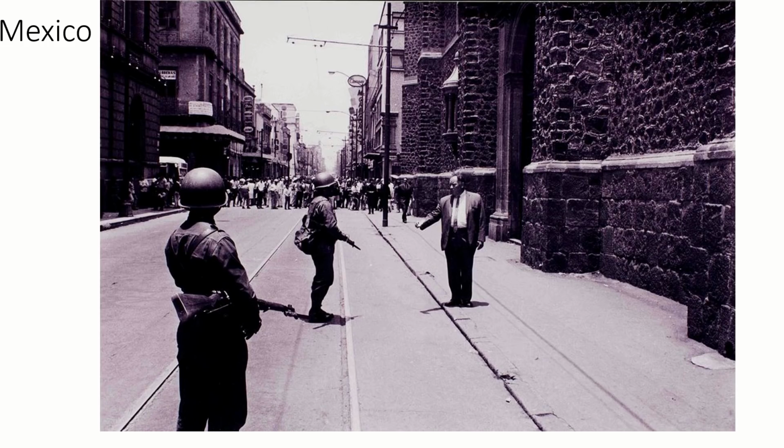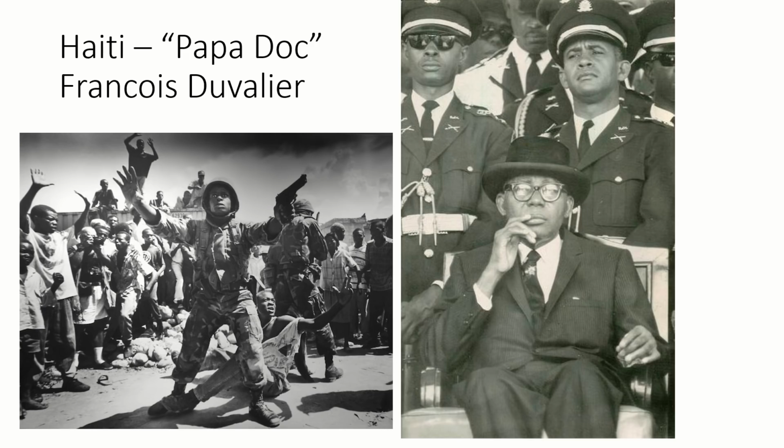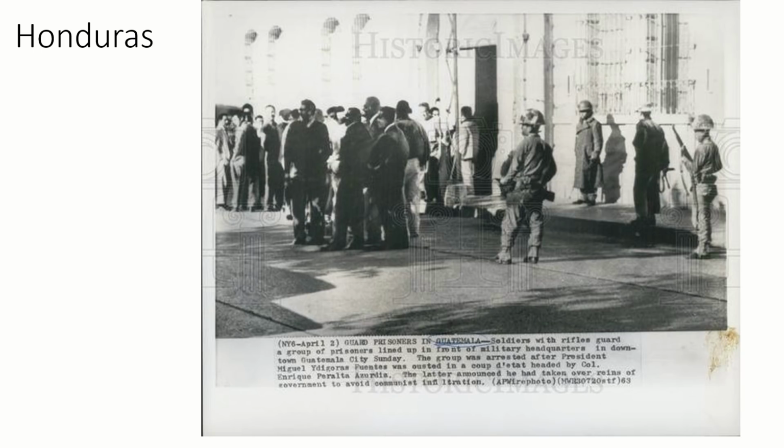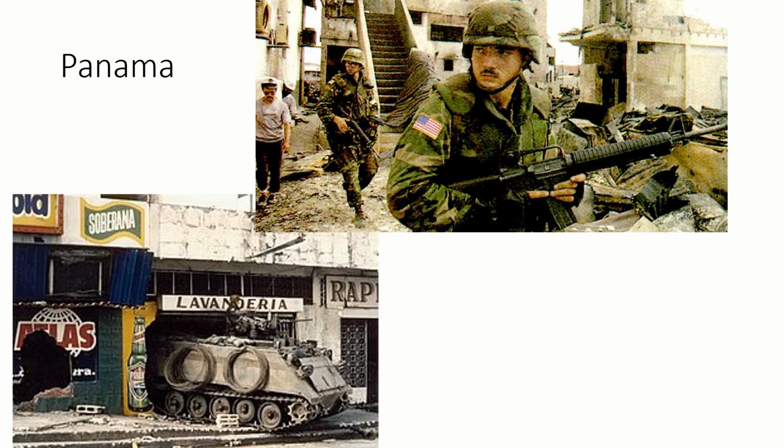And so in Mexico, as the government cracked down on student protesters, the United States government assisted. In Haiti, the strong-armed dictator Papa Doc Francois Duvalier is backed by the United States, as is the military dictatorship in Guatemala, which works with United Fruit and other U.S. business. Same thing with Honduras, where the United States' economic interest is also going to bleed into political interests. In Panama, the United States even put in its own soldiers in order to ensure the outcome of a potential